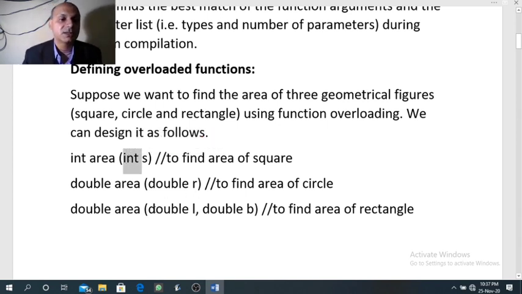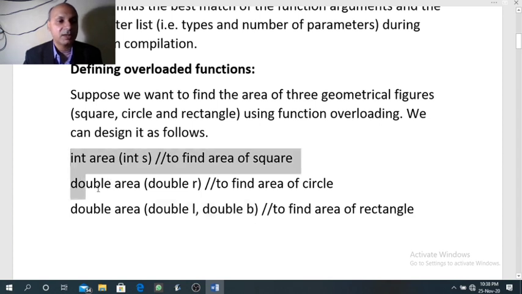Now the third function is designed to find the area of rectangle. We know to find the area of rectangle we need length and breadth. Here we have two arguments, so both are declared double type. We can declare both of them integer type also, no problem.